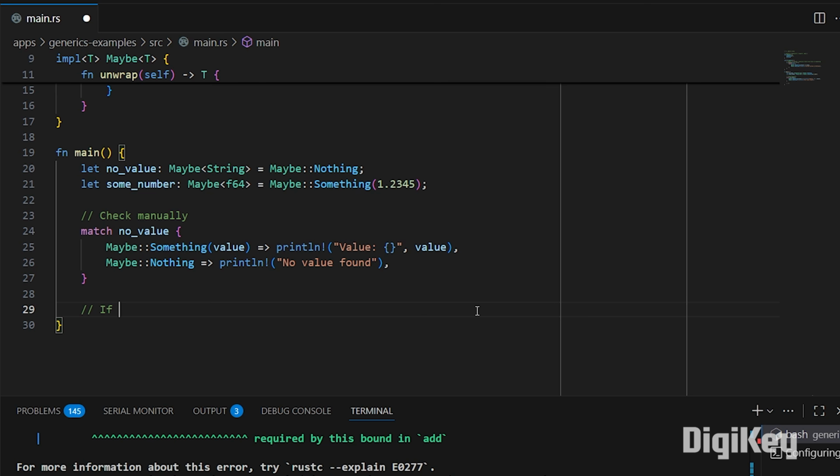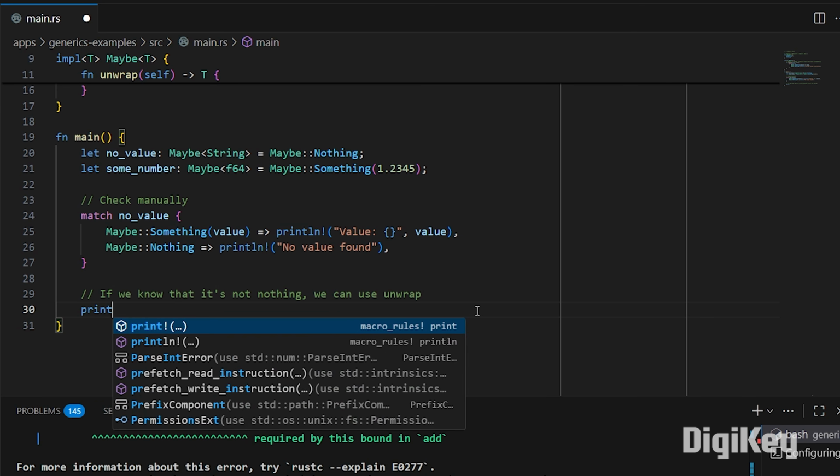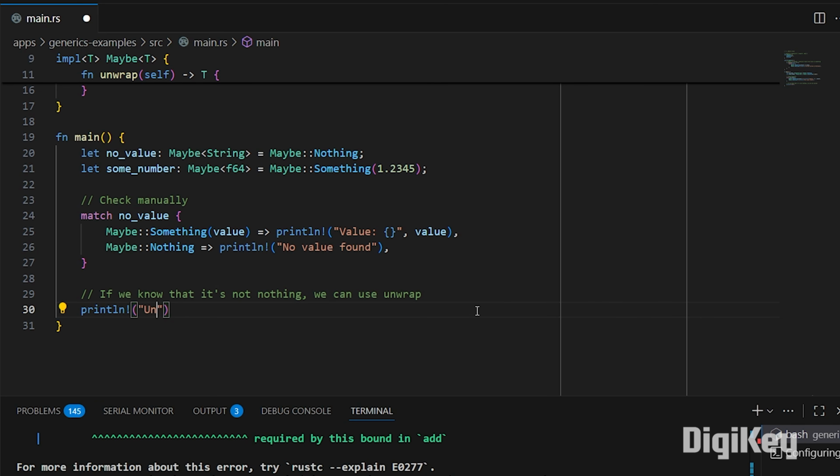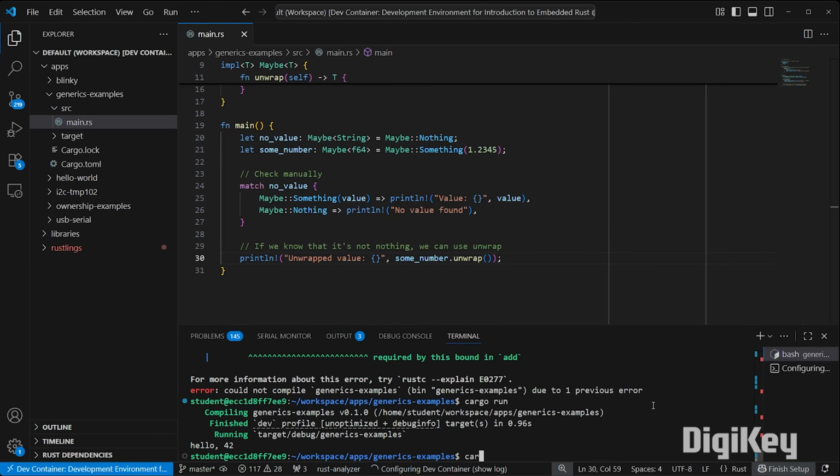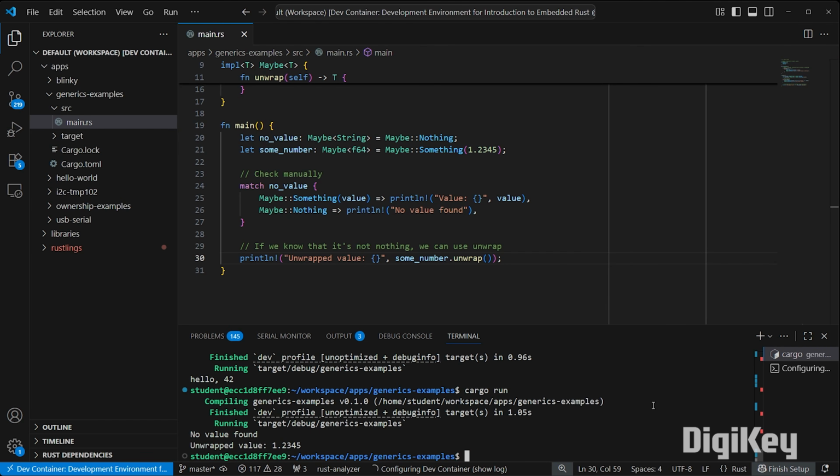Or if we happen to know that it's probably not Nothing, because that would crash our program, we can call unwrap here, and that's what we've been doing in our embedded code. Rather than checking manually with this match statement, we can just call unwrap here, and that will get the value in some_number and return it so that it fills out the unwrapped value, and that should print out the floating point value for us. Let's save,